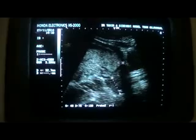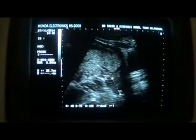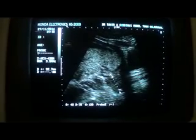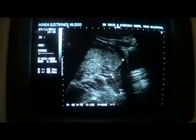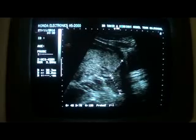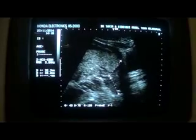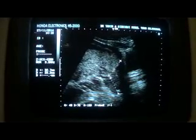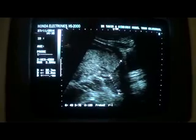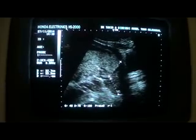This is the urinary bladder, and you can see that the placenta is exceeding the internal os, this is the internal os, and it exceeds it by about 3.3 centimeters, and the placenta is on the posterior wall. So a posterior wall placenta exceeding the internal os up to 3 centimeters is consistent with complete placenta previa. And